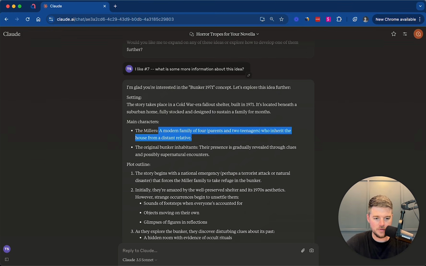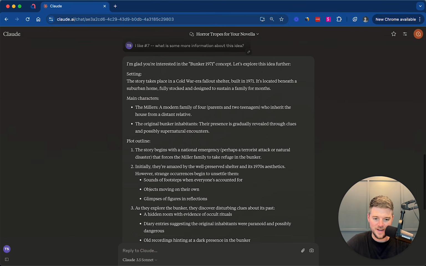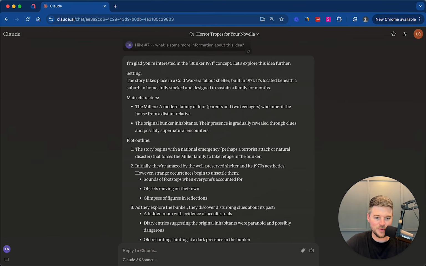A modern family of 4 who inherit the house from a distant relative. The original bunker and their presence is gradually revealed through clues and possibly supernatural. I love this. This is great. That was what I was going to actually recommend. It's cool that I already came up with that, if it was a modern family who moves in